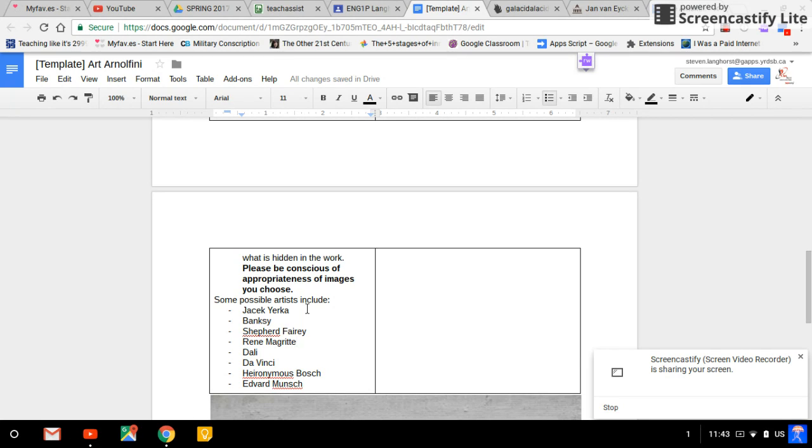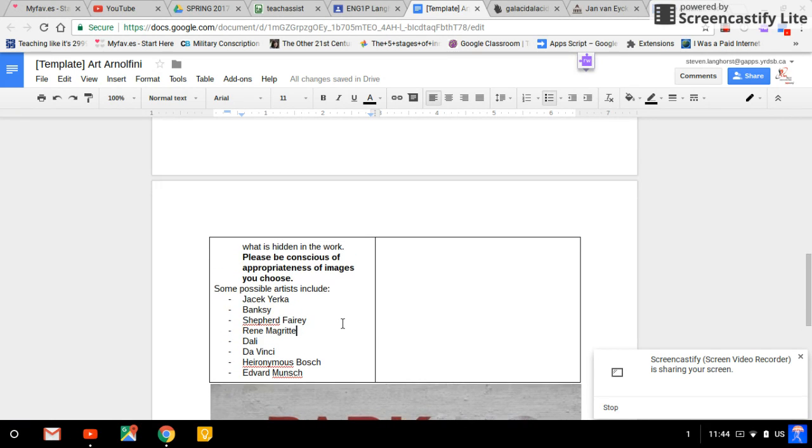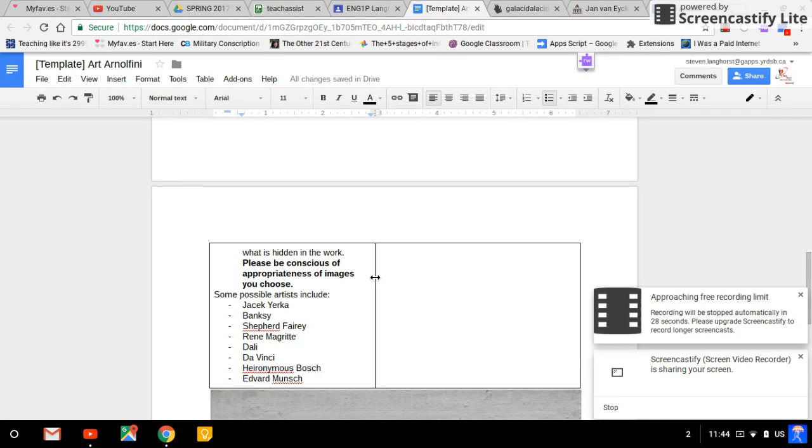The appropriateness of pictures. There are rules when it comes to what you search for, and some of these artists may cross that line. So heads up, choose wisely, and I hope that this assignment is a little bit fun because you get to look at images